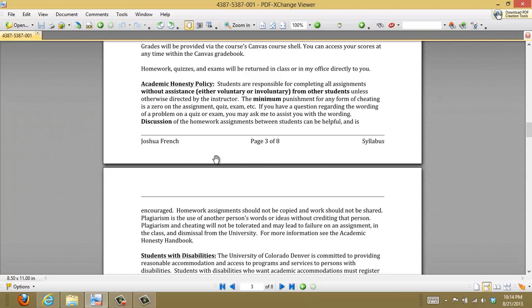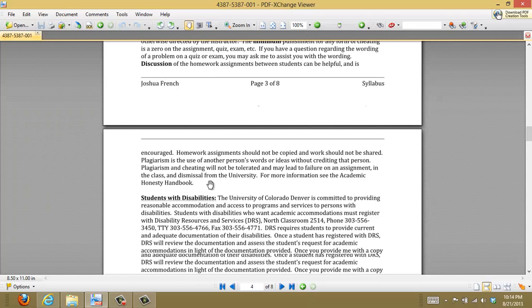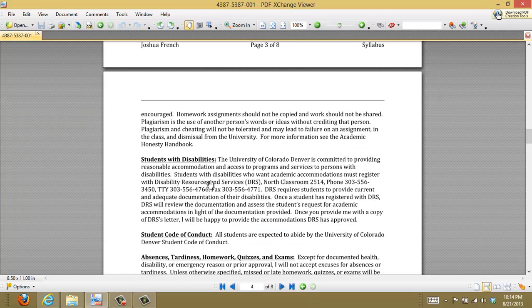That's going to be what's best for you in terms of learning the course material, and it will also protect you from being charged with some sort of academic dishonesty. And definitely do not get help on a quiz or an exam unless I say it's okay. If you get caught, I'm going to turn you in, and that's just going to be embarrassing for you. It's going to be awkward for me, and so please don't make me do that. Please just be honest. And if you have more questions, then see the academic honesty handbook, which there's a link provided later in this